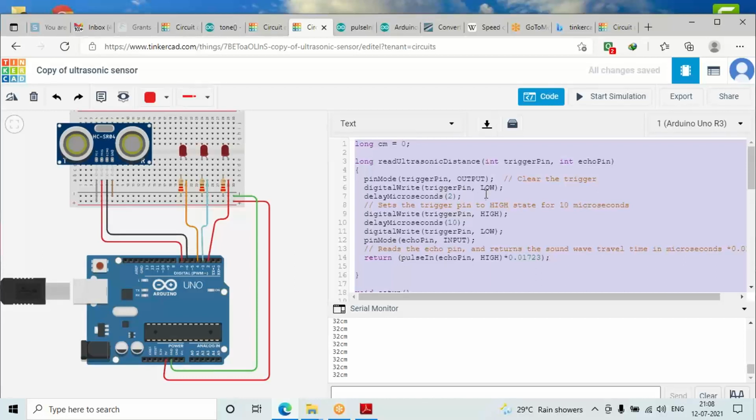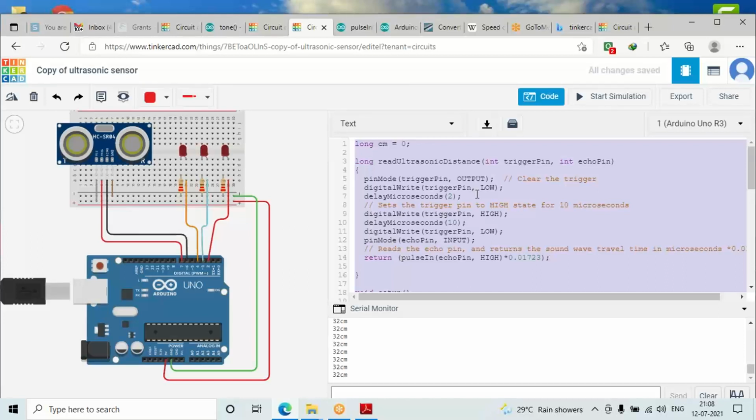Okay, and after 2 milliseconds we are again sending a high value, and after 10 milliseconds again we are sending the low value. Means what actually is done is we are sending a pulse. Earlier it is low for 2 milliseconds, then it is high for 10 milliseconds, and again it is low. So in total 12 milliseconds: 2 milliseconds it will be off, for the next 10 milliseconds it will be sending a pulse, then again it will be switched off for 2 milliseconds, and again it will send the pulse of 10 milliseconds. So at regular intervals the pulse is getting sent.